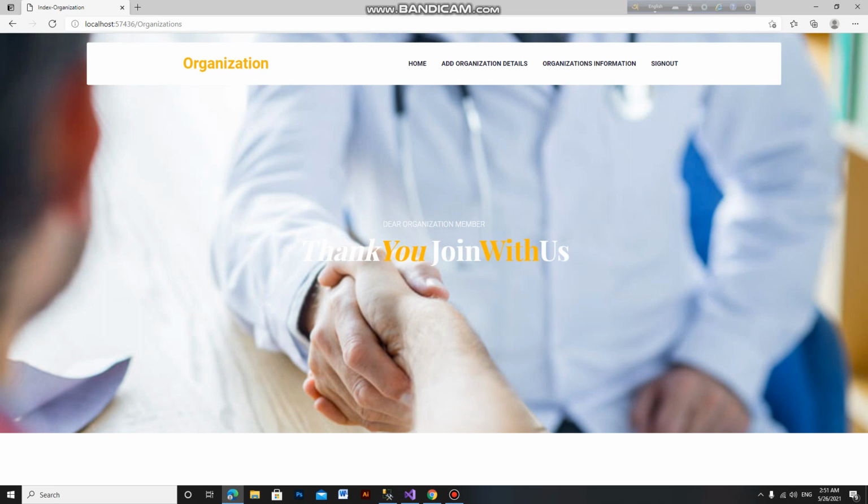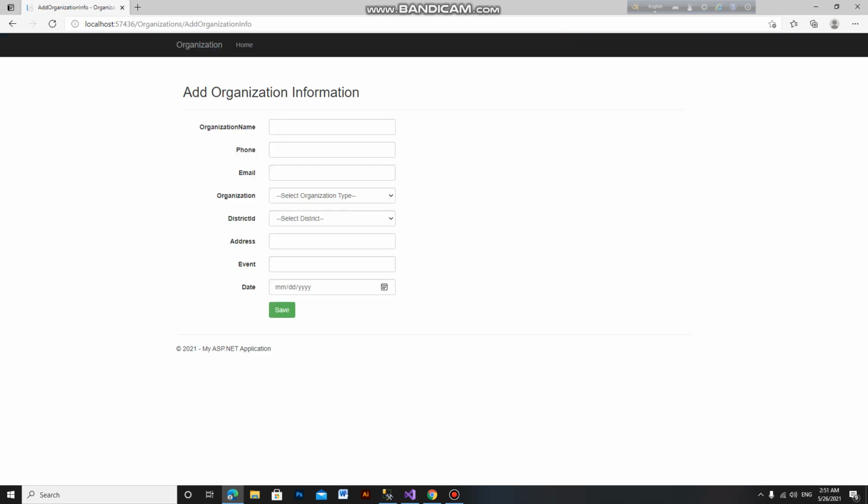So now I can show how to add organization details. We select the organization type. This is social service or healthcare or NGO or humanity.